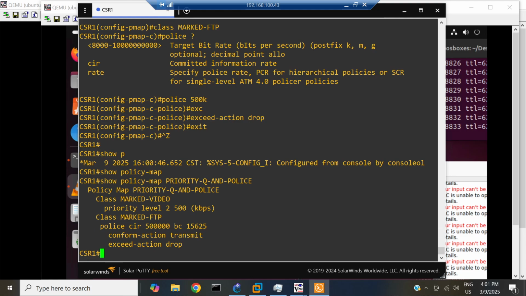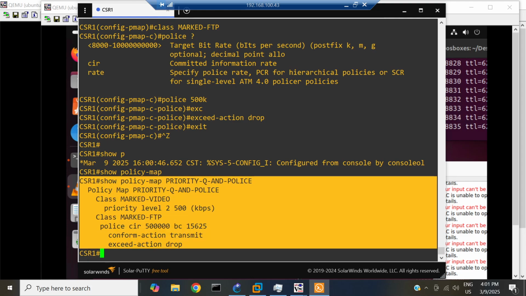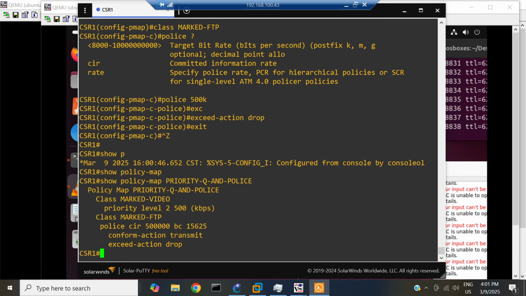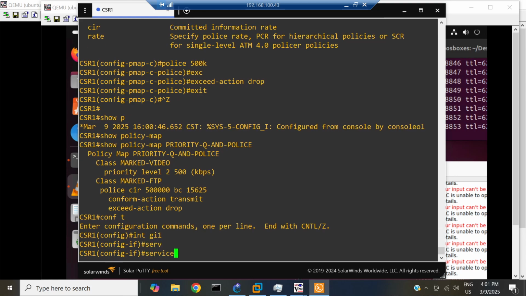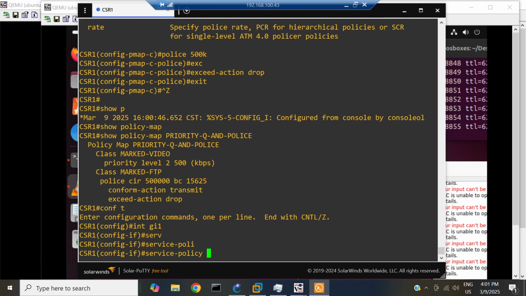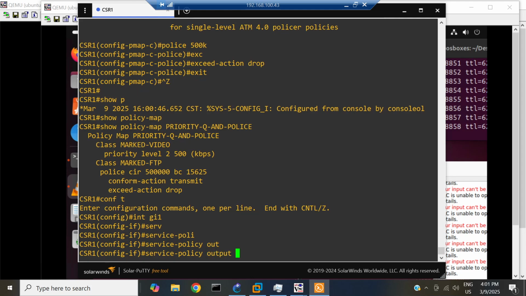So I am going to attach this to the output. This is a policy map that is going to work great when traffic wants to leave the router. So at my local area network, I am going to attach this for traffic that wants to leave the router. So when traffic wants to leave the router, I can do queuing and policing. So that is why I'm using this